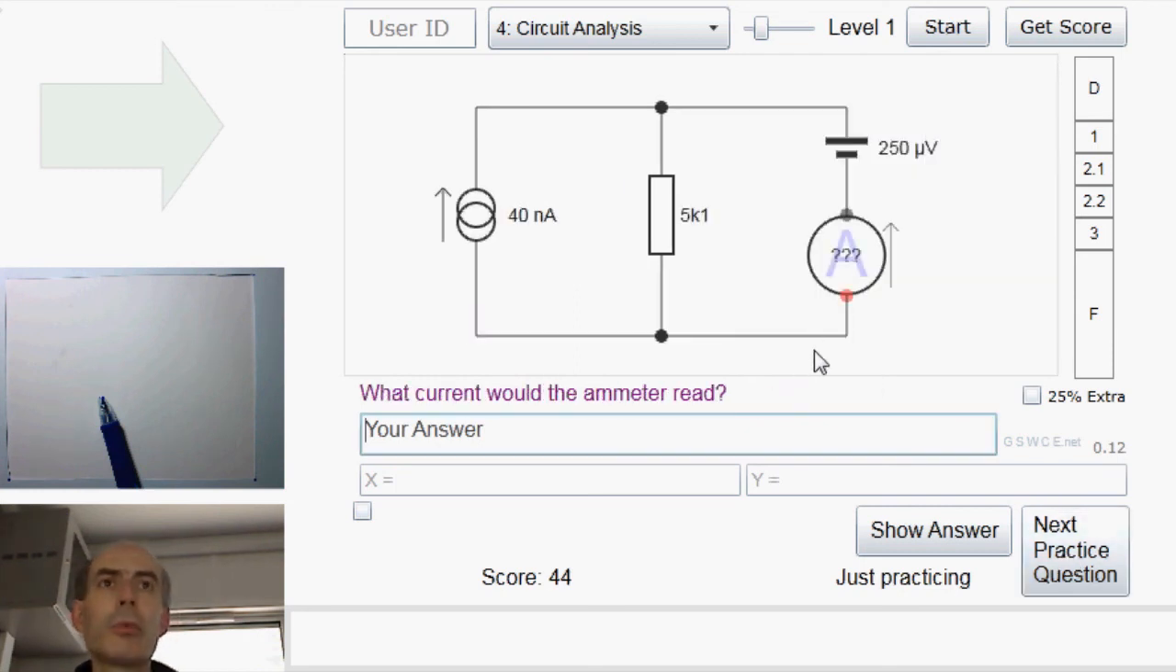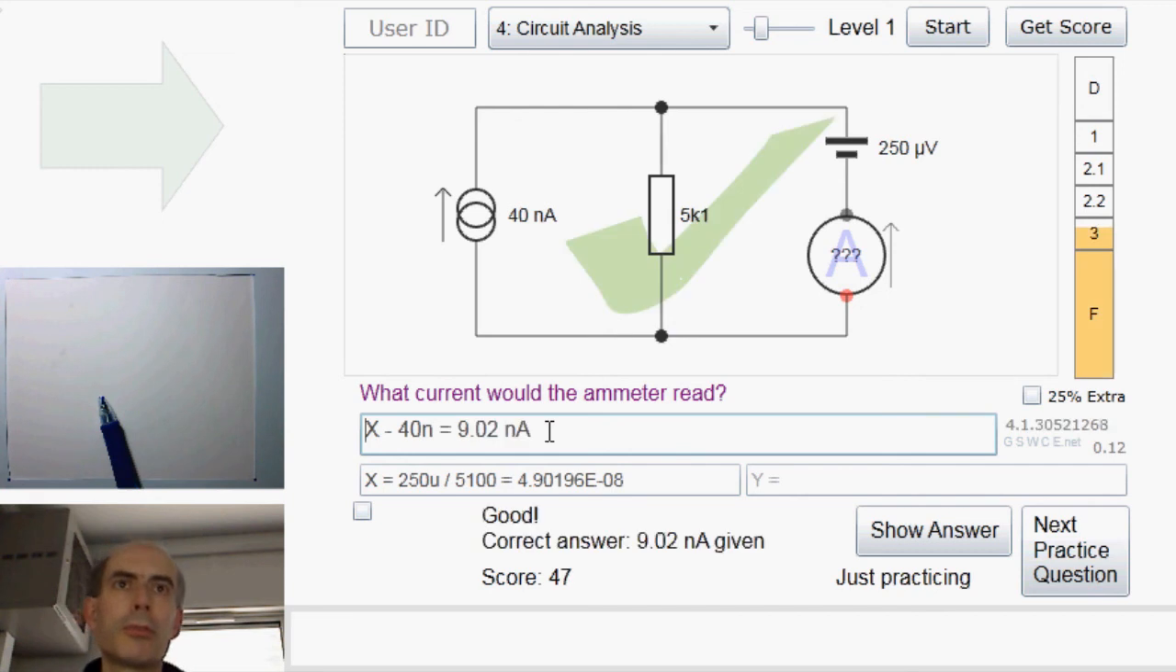Here's another slightly different one. Again, no ground defined, so let's pick this point here along the bottom as being ground. The voltage across this resistor will be 250 microvolts. So the current down through the resistor must be 250 microvolts divided by 5k1. And we know the current going down through this resistor must be the current going this way, 40 nanoamps, plus the current going this way, whatever is measured by the ammeter. So the ammeter current is whatever comes down through here, minus 40 nanoamps. So that's X minus 40 nanoamps, and so